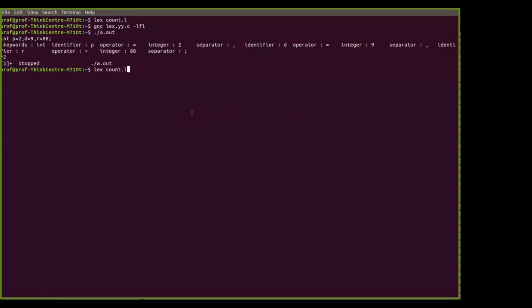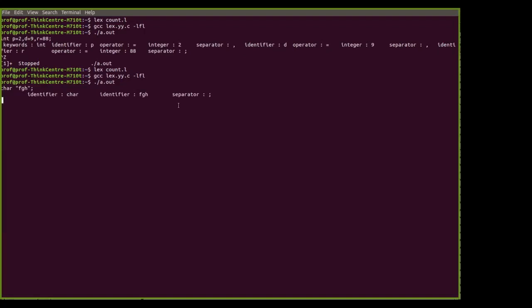If you take another example, let me run it again and show you. Now, if you give input to this generated lexical analyzer, suppose I give the input as char, then let's see what kind of output we get.